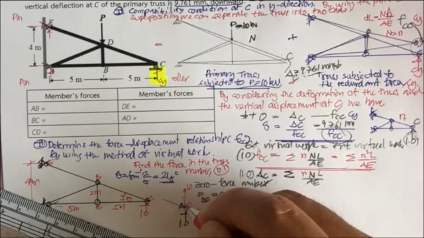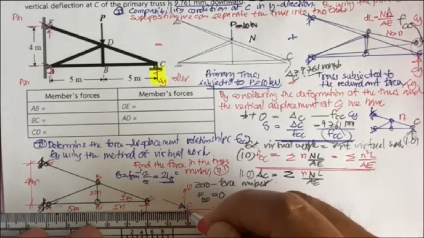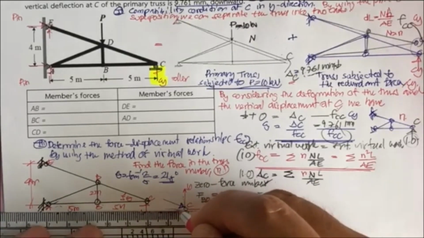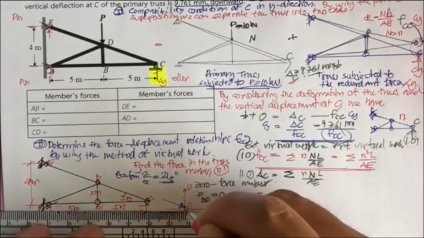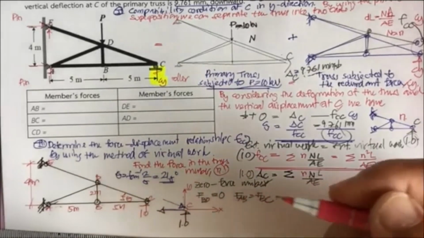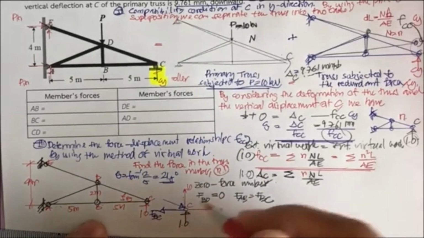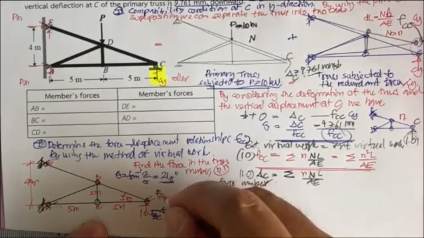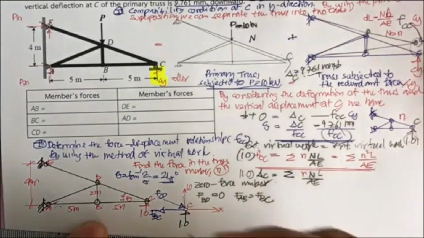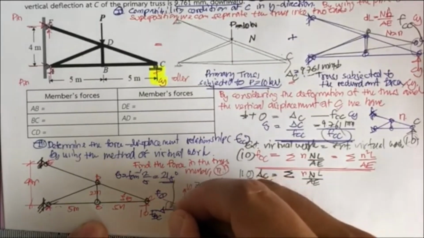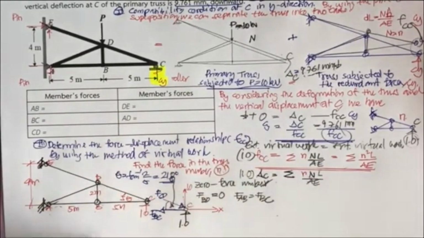Because when you project this, it's going to balance the 1.0. And since you project this one, it is going to take on the right. So this portion is going to take on the left. And this is going to be F sub BC. And this is going to be F sub CD with the angle here of 21.8. And now you